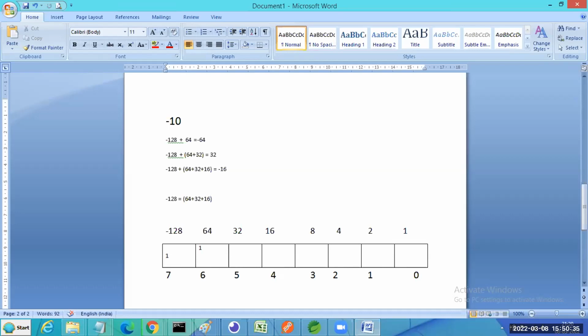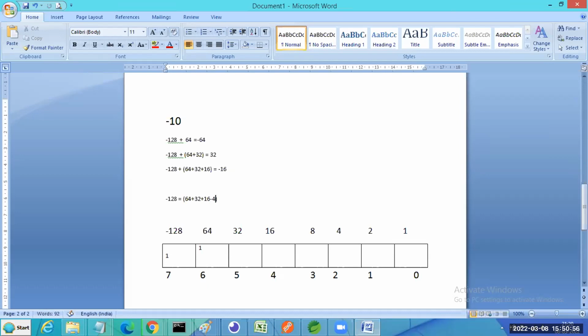64 plus 32 plus 16 is how much? 112. Okay. 128 minus 112 is how much? Minus 16. Okay. Now